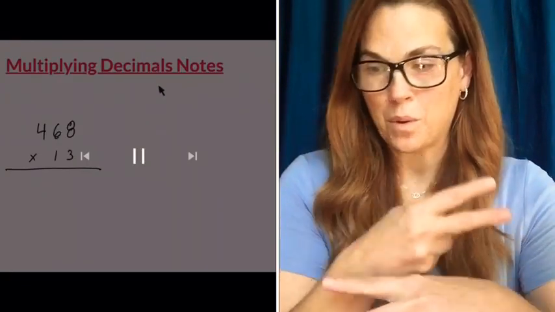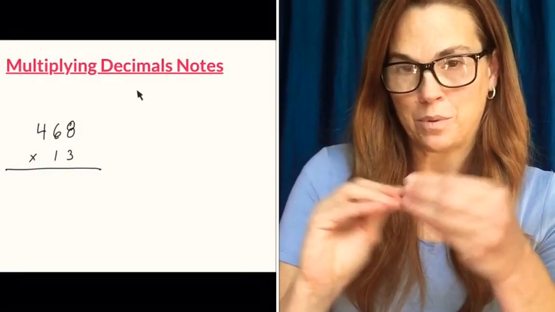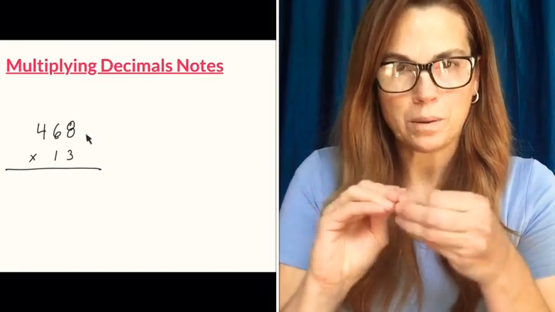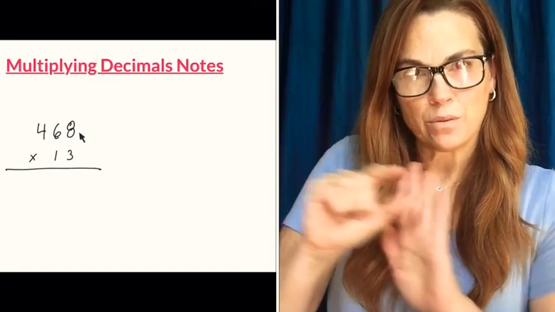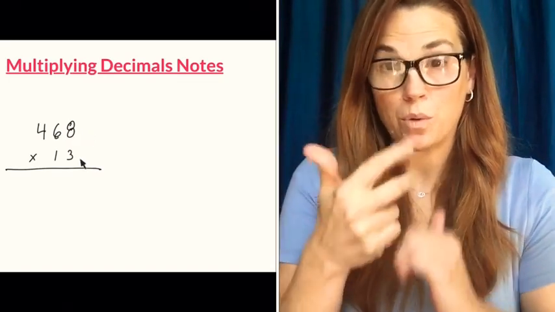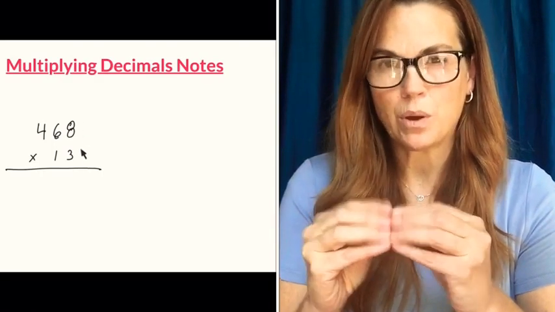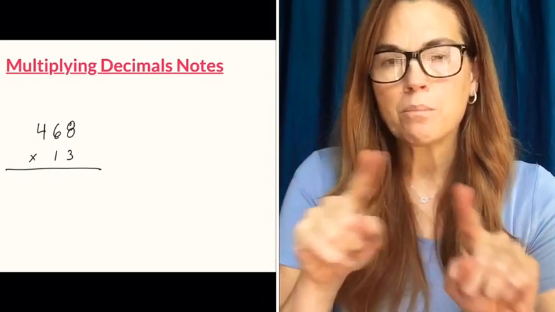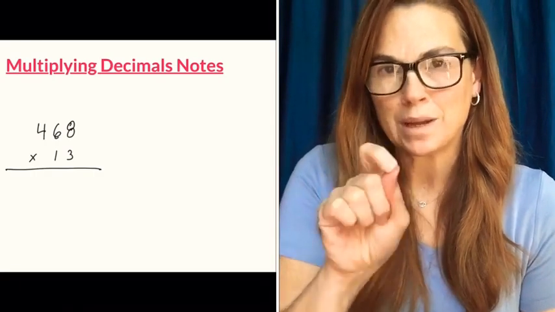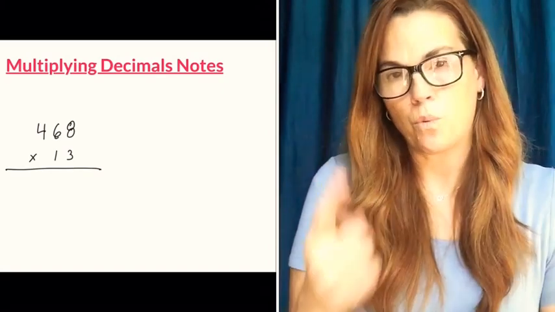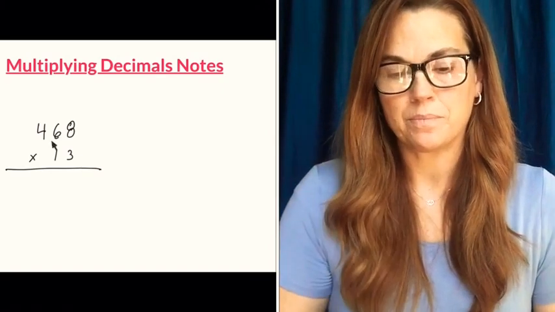Multiplying decimals. To multiply decimals, it's identical to multiplying whole numbers. And in 5th grade, y'all learned how to multiply a 3-digit number times a 2-digit number. We're going to do that exact same thing, but then we're going to add decimals into it in a minute. To start off, we want to multiply our ones digit down here times this number up